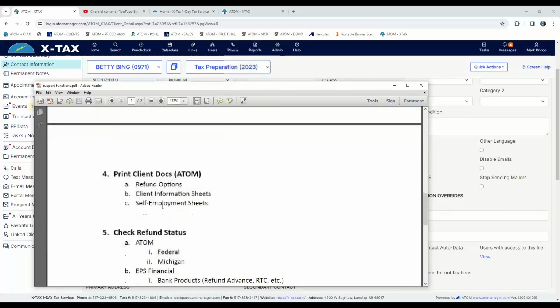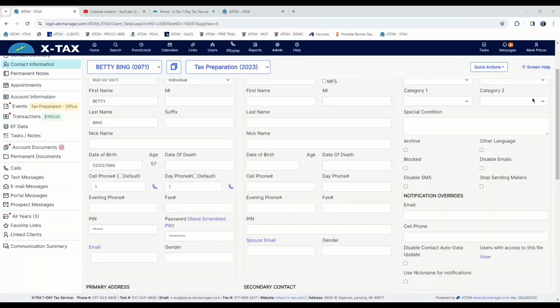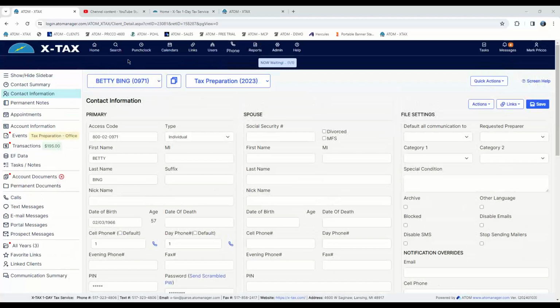Scroll down here, number 4, print client docs out of Add-em. These are like your green refund options, for when the client comes and grabs, when they sit in the lobby or whatever they're doing, the client info sheet, self-employed, just so you guys know where those are. If you're helping print those and stocking those, that would be if I go to my home page